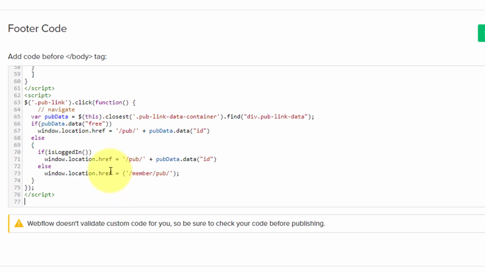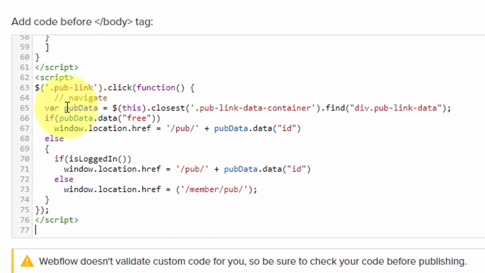Now that on-click handler is here at the bottom of my code. Basically, anywhere I identify a link with this particular class on it, pub-link, which is something that I can set in Webflow, then I handle the on-click event, and what I do is I will go up to the container,